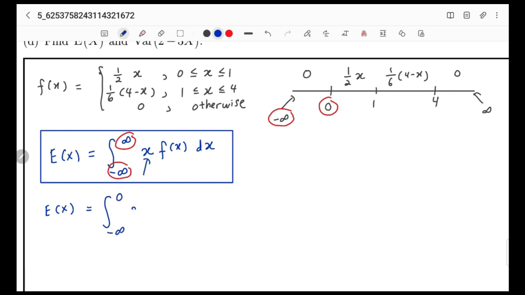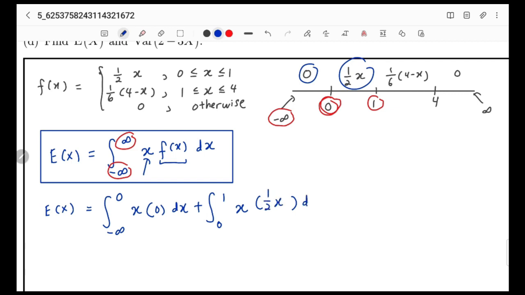X is just x, multiply with the function which is 0 dx, and then plus integrate from 0 until 1 x, and then multiply with the function half x, and then integrate 1 until 4 for this function,